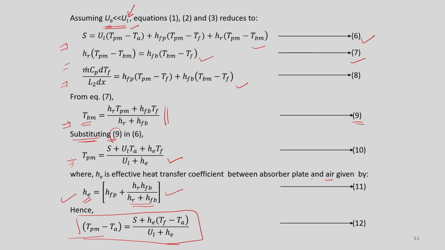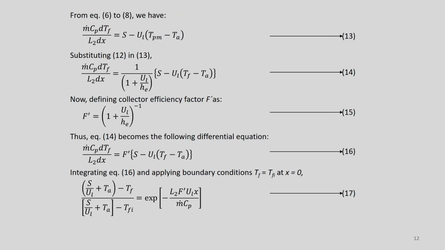So, we will have m dot C_p dT_f by dx something like this. This is the energy equation for the fluid, or the energy balance in the fluid, and then substituting 12 in 13, we can simplify this equation and it will be